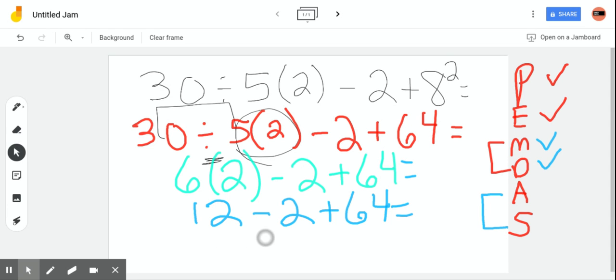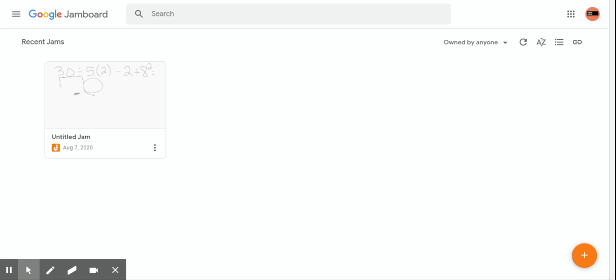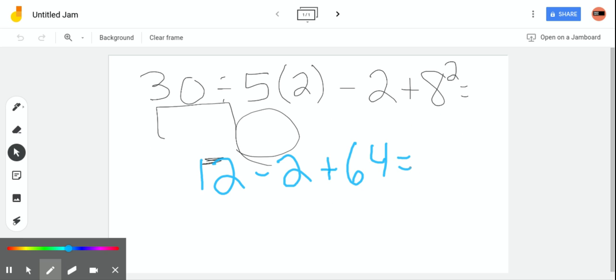Well, if I go left to right, the first thing I'm going to have is, messed up screen. All right, I don't know what I just did, but anyway, we're back basically where we were. I'm sorry. 12 minus 2 plus 64. So we go left to right. Don't do the adding first on this one because you're going left to right. You're going to do 12 minus 2 first and get 10